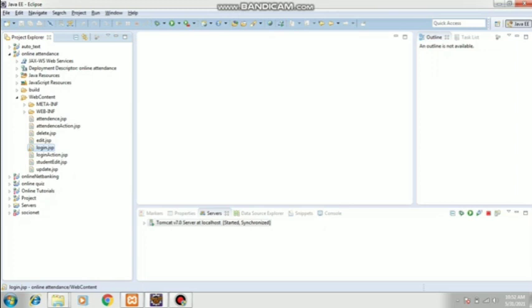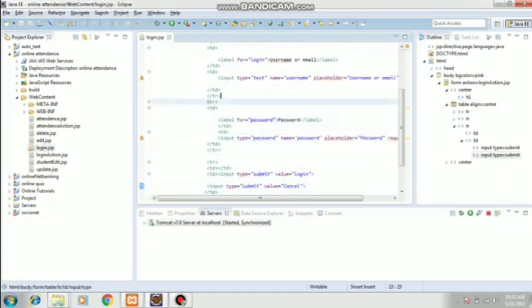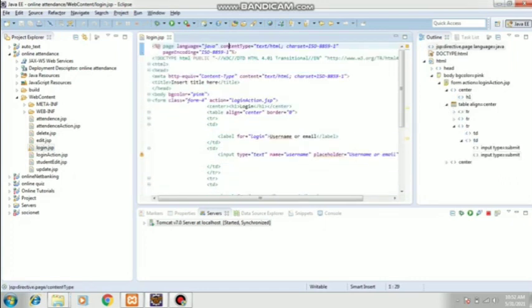With this, let me double click on this, see here. This is the login page. In this example, you might come across many extra lines, extra quotes, but the very basic thing you need is to start from the HTML tag.